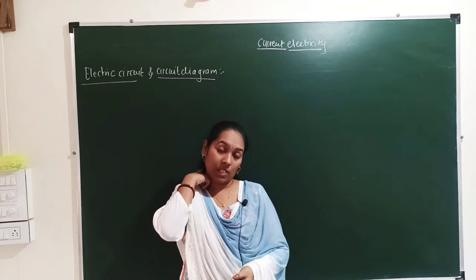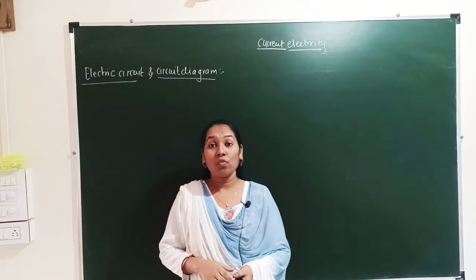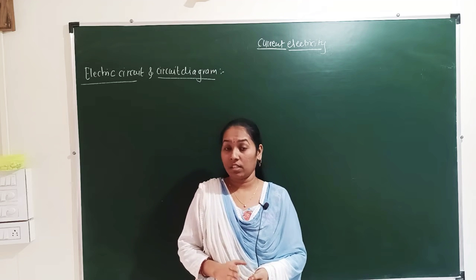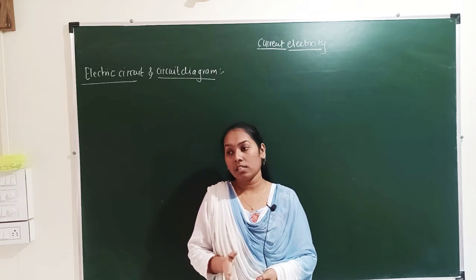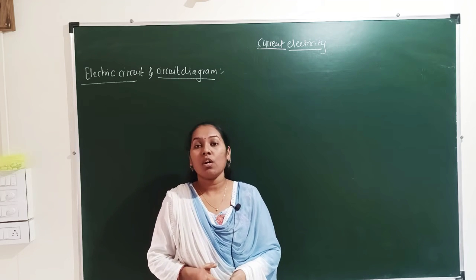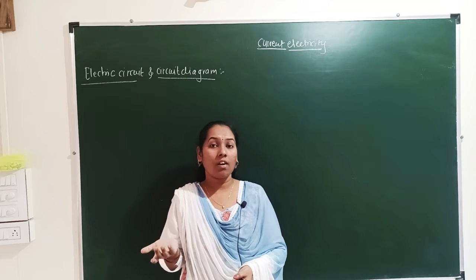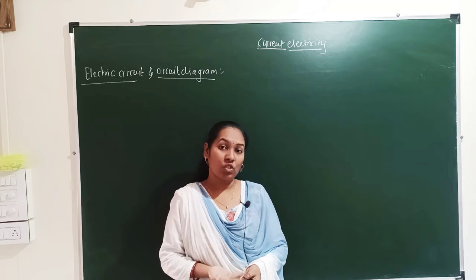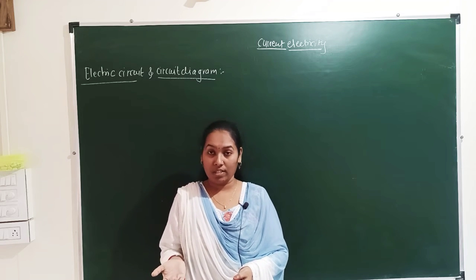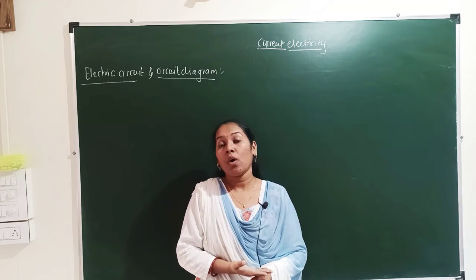See, what is resistance? Resistance is the capacity of a conductor to oppose the flow of electrons. And what is resistivity? It is also one kind of resistance, which has unit length and cross-sectional area. What is the difference between these two? Resistance is shown by the symbol R, whereas resistivity is shown by the symbol rho. The unit for resistance is ohm, whereas the unit for resistivity is ohm meter.